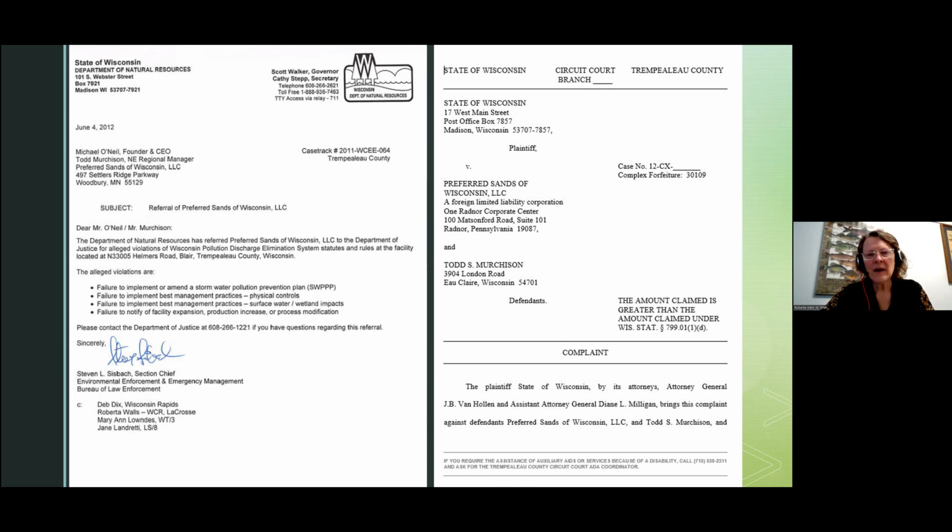So given that was a very extreme situation, we worked very closely with the county. The county actually utilized their stop work authority to help DNR's efforts at getting them back into compliance. At that time, they were a very busy site, and we wanted them to focus on their compliance. So we worked hand in hand, and it was about a 2-year process before the site was back into compliance again.